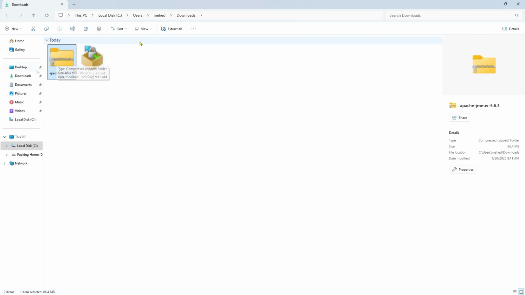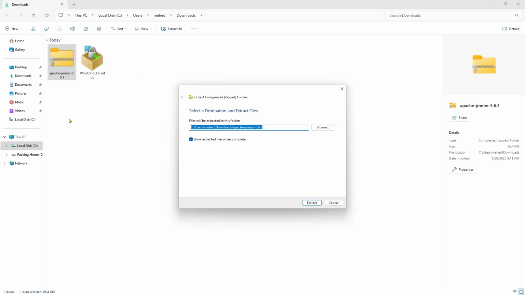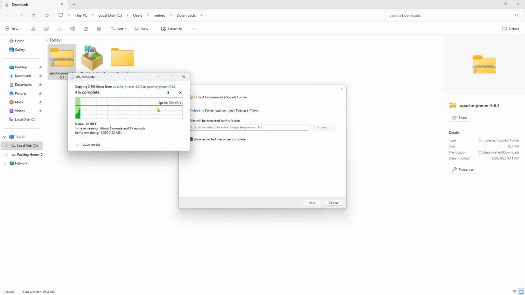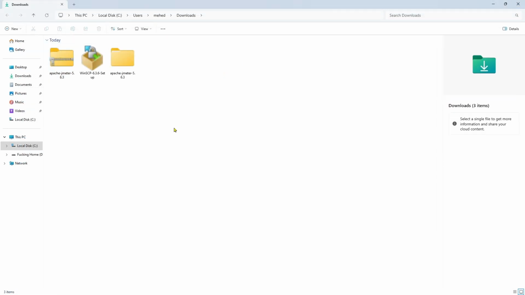So if you click on that, and simply extract it, click the right mouse button and then go for extract all. After that, extract it over here, and after a little bit of time, it will be extracted. For that, be patient. You can see that the extraction is completed, and now here is your Apache JMeter extracted file. So what we're going to do, we're going to select that file and cut it from here,